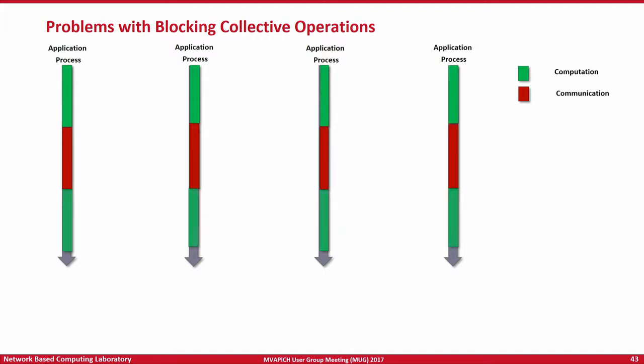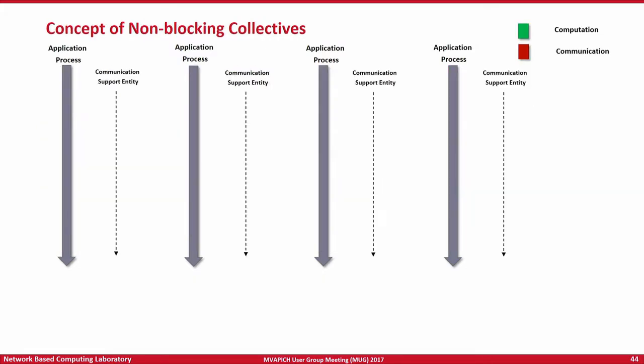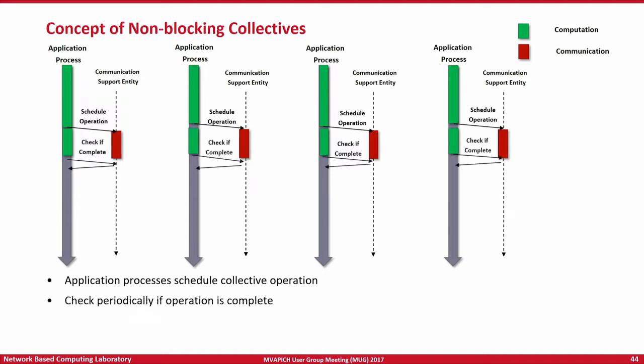With non-blocking collectives, the idea is, can we have a communication support entity? What that entity is can be defined later, but can we have a support entity which can progress the communication in the background while the application is doing computation in the foreground? If you look at basic point-to-point operations, there is only one communication to progress, so you don't need to enter the communication progress engine very frequently. Once in a while should suffice. But a collective operation is a series of point-to-point operations, not just one. It will be hundreds. So you will have to enter the communication progress engine very frequently.